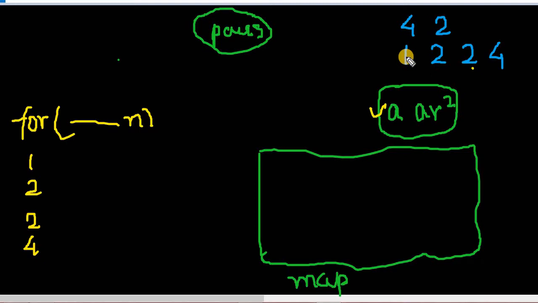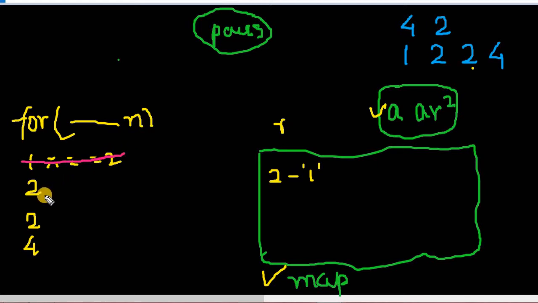So let's do the traversal for i equal to 1. At the first index we'll encounter 1. So we'll check if 1 is present in this map or not. If it is not present, we'll simply multiply it by its R value. So we'll multiply 1 by 2 and this will give us 2, and we'll store this value in a key-value pair fashion. So 2 is the key and the value here would be the frequency, like how many times that particular number is repeated.